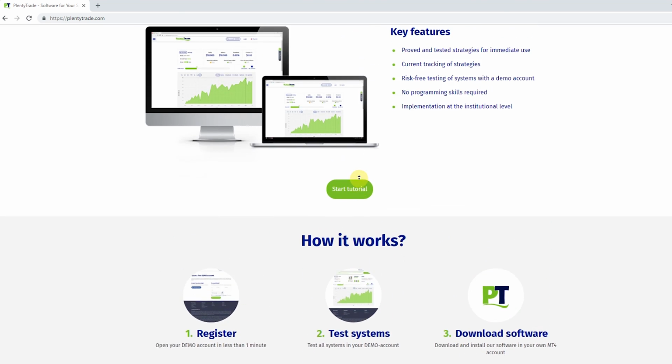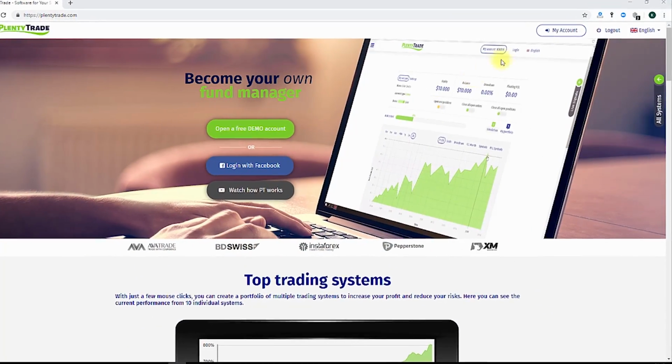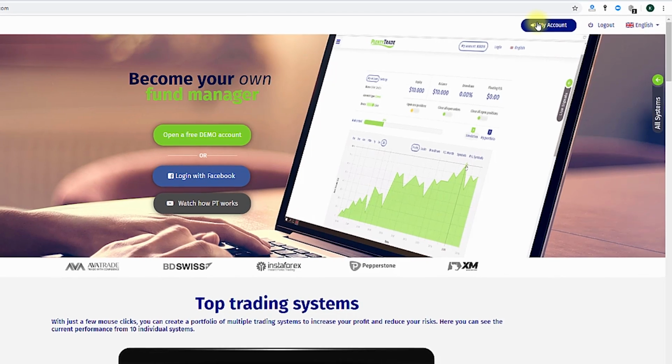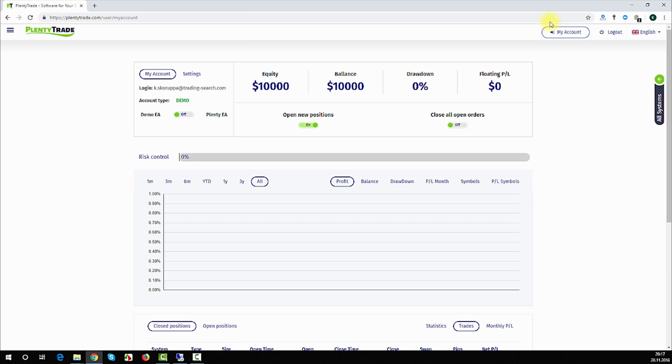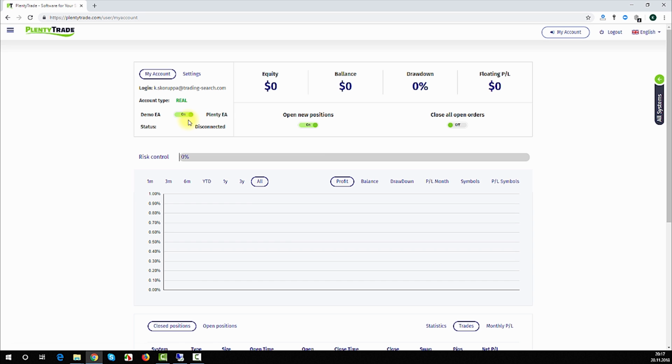First, you need to download the Plenty EA from our platform. You must be logged in and click on My Account button at the top of the website. You will come to your account. If you have purchased our Plenty EA, you can now set the slide switch to Plenty EA to switch to